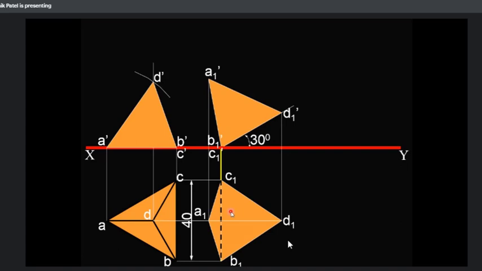Is there any doubt in this problem? Sir, we should not show the line A1 D1 as visible, and B1 C1 should not be shown as visible? If you see the object of step number 3 from the top, A1 D1 is visible. Similarly, A1 B1 is also visible, because you will see it from the top. So you will see the A1 B1 face also, and the A1 D1 face also. But B1 C1 is not visible. Clear? It is a triangular face.